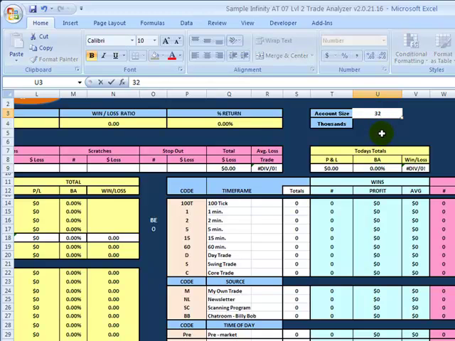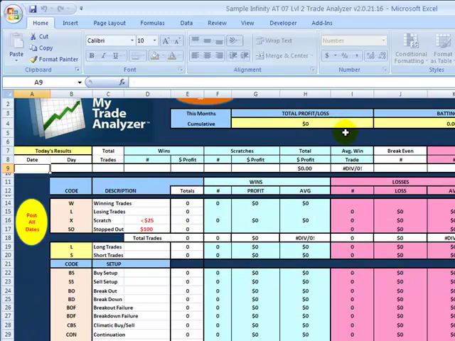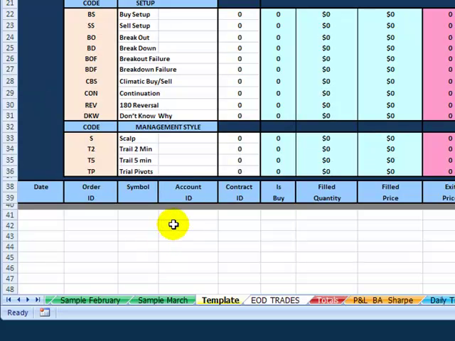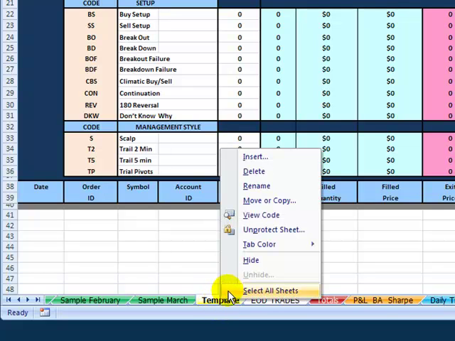I've got 32,600. So I'm going to use 32.6 as it automatically calculates it in thousands. Okay? Once you've done that, then you basically got your template set up for your style of trading with your account balance in it. Now just go in and right click the template,